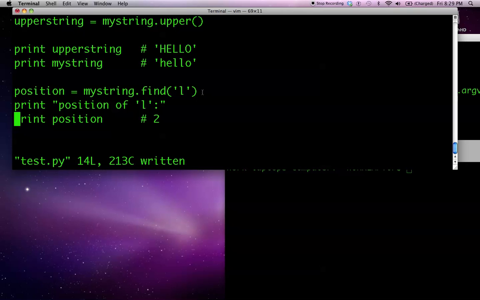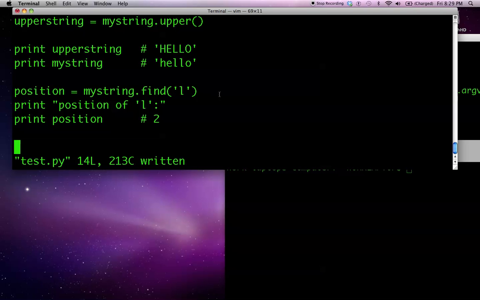line, because this is what I want to get across to you. Find takes an argument. You can see that we've passed a string object to find. You can tell it's a string object because it has quotes around it. Find takes a string object and it returns, well, what type of object does it return? An integer. myString.find takes a string argument and it returns an integer which represents the position of that string within the string